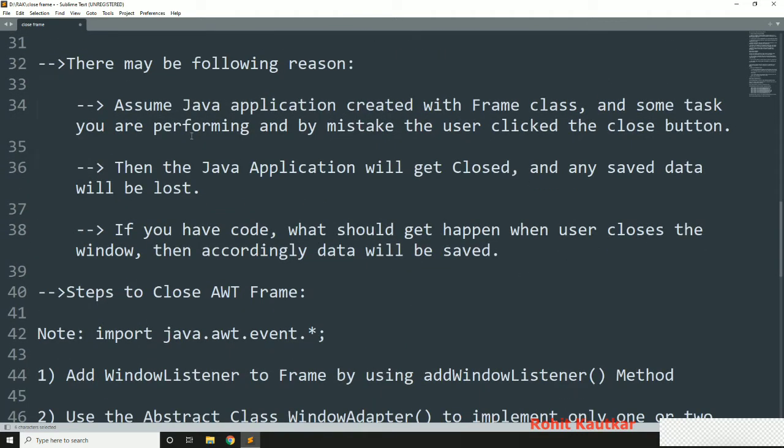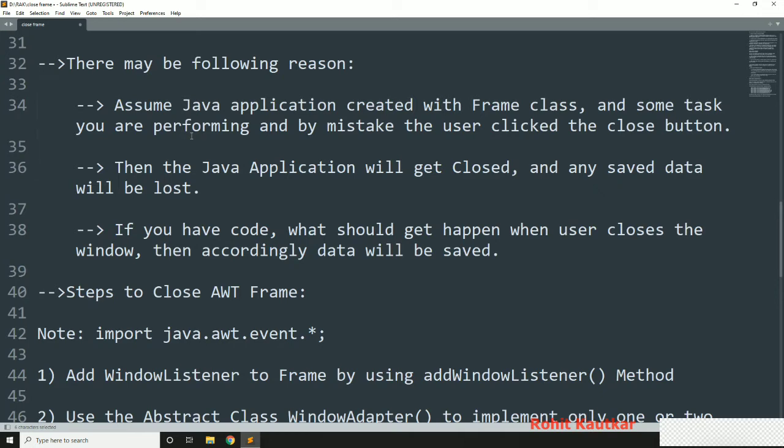Assume that we have a certain Java application created with the frame class and some task you are trying to perform within that application, and suddenly by mistake you click on the close button. What will happen? The Java application will get closed immediately, and whatever task you were performing, whatever data was there, all that data will get lost.